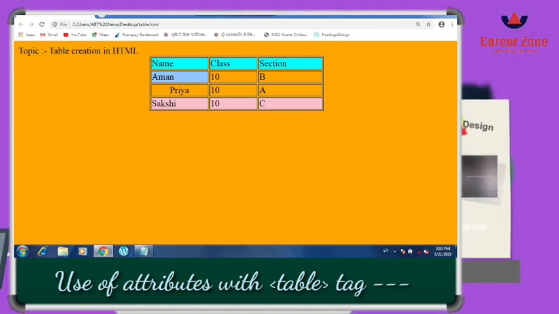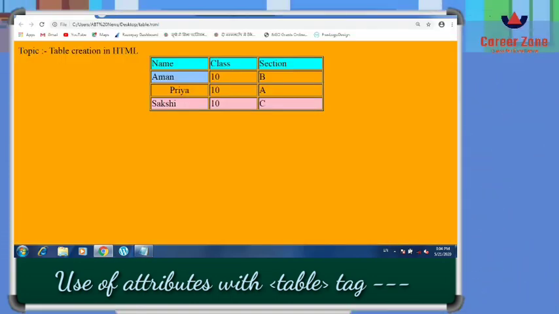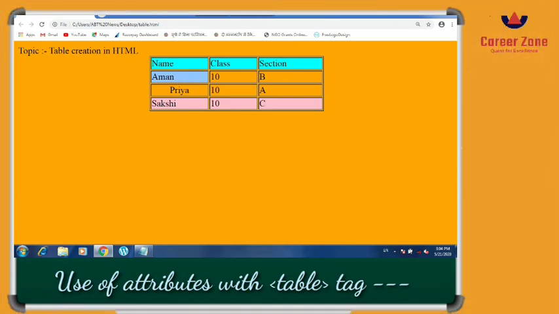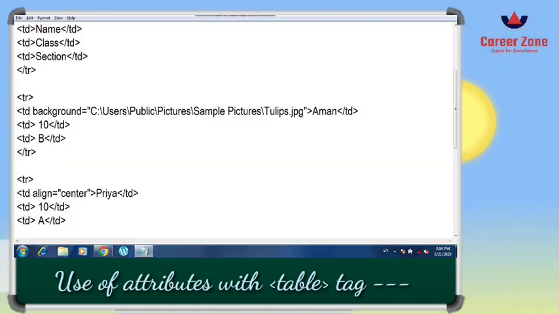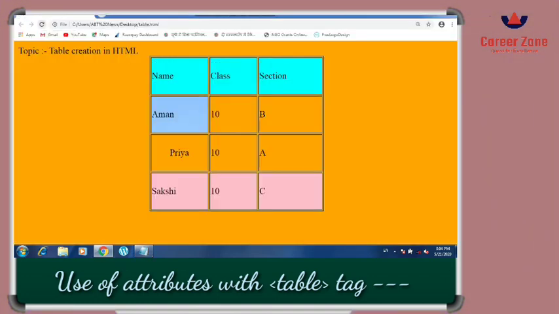I have talked about the V-align attribute as well. So V-align, what it does, is that if you want to vertically align the text to the top and bottom, it will be more understandable when the height of the cell is more. So let me increase the height of the cells first of all. So suppose I have done here 80%. Now let's see whether it has increased or not.